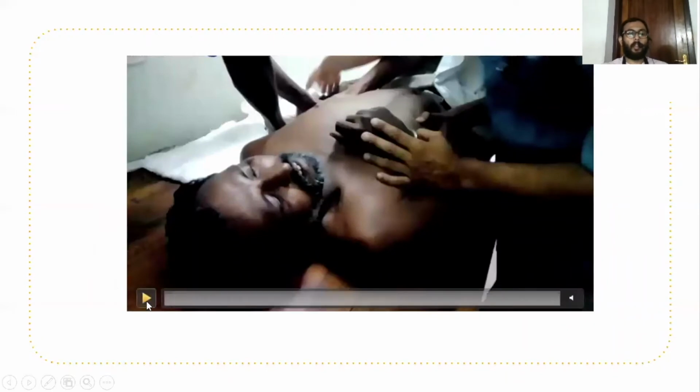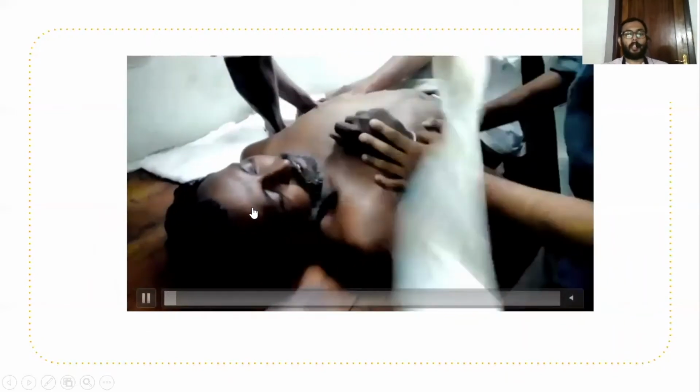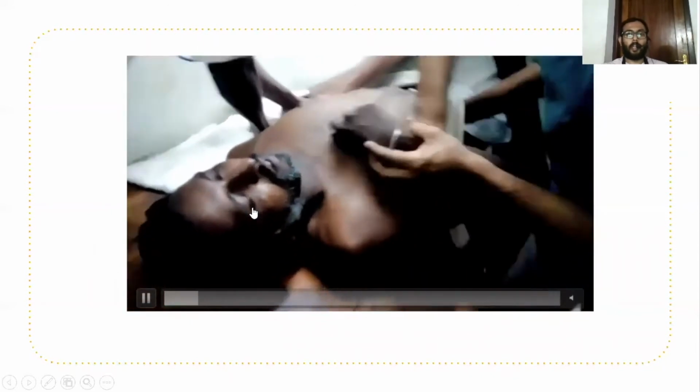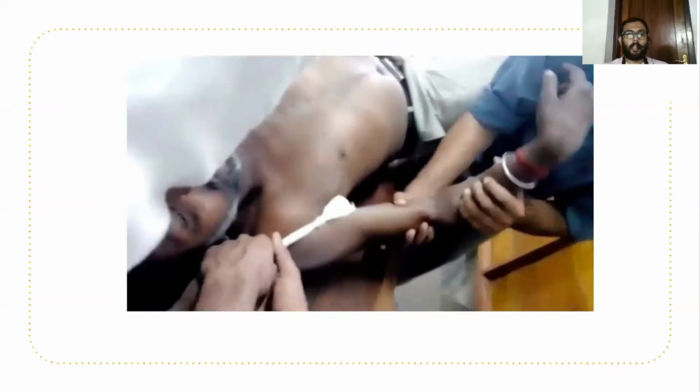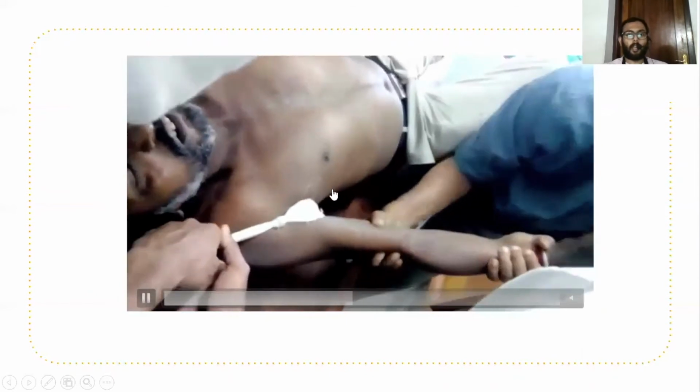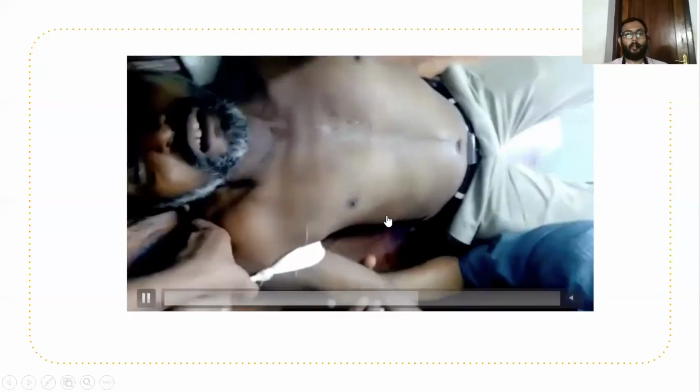Here in this video, you shall be able to see the reduction of anterior shoulder dislocation with Coker's method. The patient is in supine position. It can also be done in sitting posture. It is done with the elbow flexed at 90 degrees. First method is traction, and here you shall be able to see the counter traction is given just opposite to the traction of humerus. Traction should be done along the line of humerus with proper counter traction. Counter traction should also be adequate.